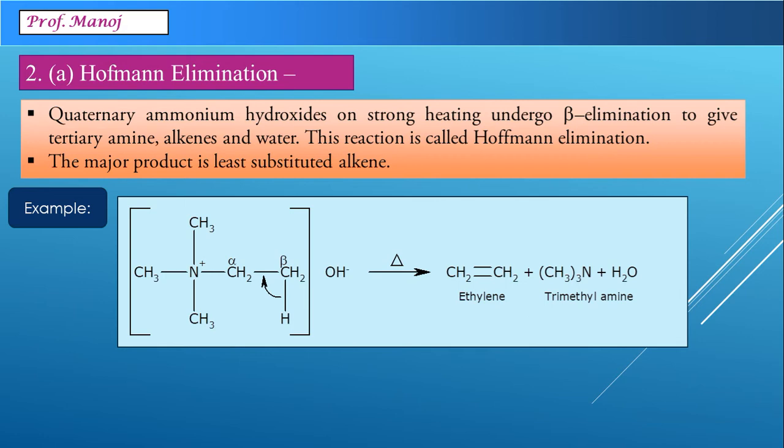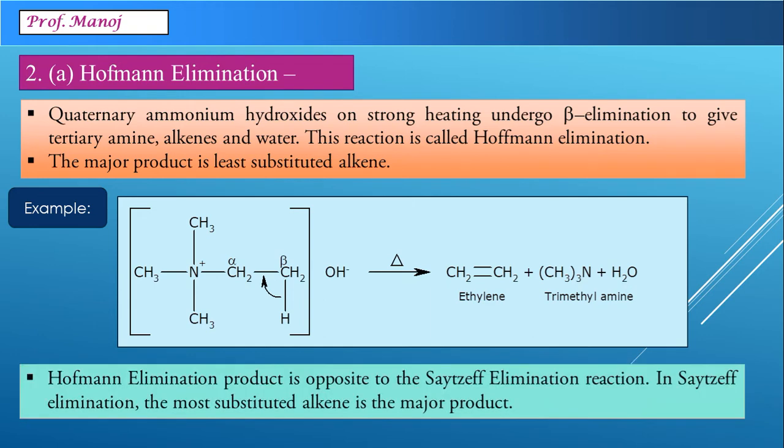But since the reaction is beta elimination, there is only one chance of reaction because there is only one beta carbon. Now as the reaction shows, the beta carbon will lose a hydrogen which will go away with OH to form a water molecule. When the beta hydrogen transfers, the bond between alpha and beta separates to form ethylene. What is left over is trimethylamine. So the molecule is now divided into three parts. The alpha beta section converts into alkene, trimethylamine separately, and beta hydrogen and OH create water.